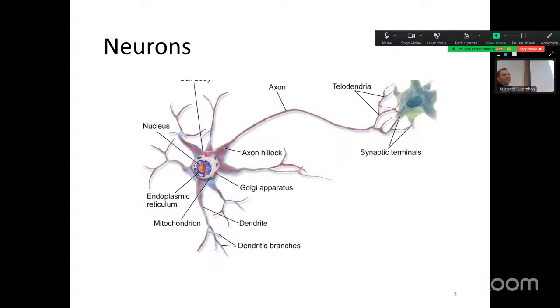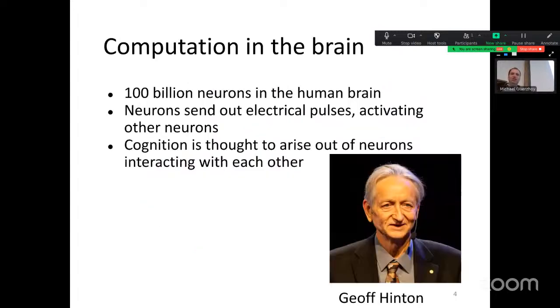Maybe, I don't know. So those are essentially cells. Those cells can produce electrical pulses. Or there's also chemicals going around. The exact details of that, I'm not going to talk about. What I draw, the basic idea is kind of like this. If you have those 100 billion neurons sending electrical pulses and activating other neurons that in turn also start